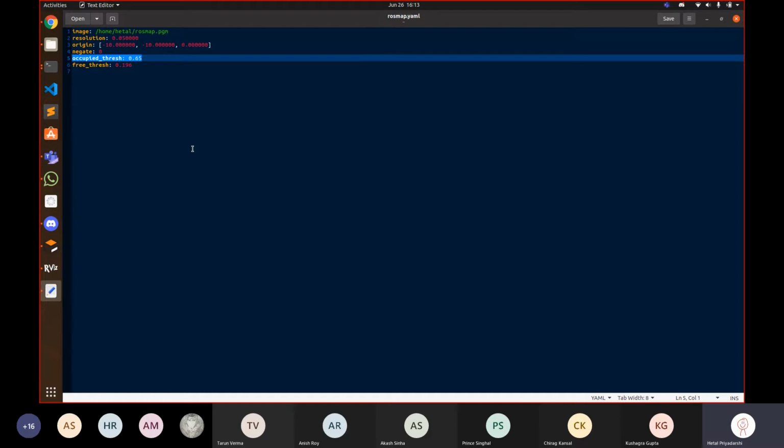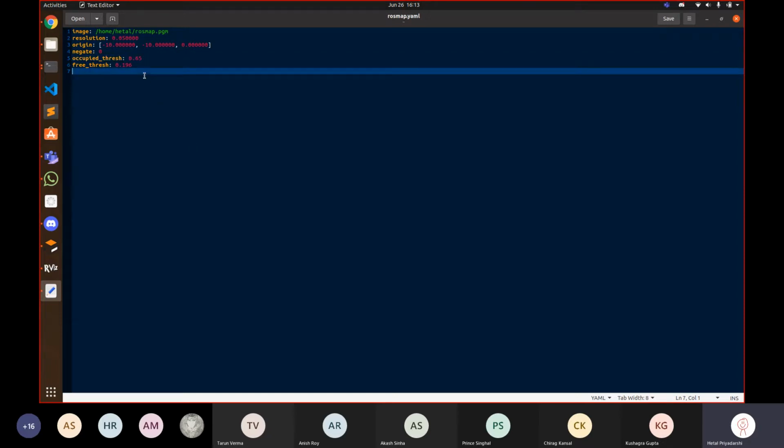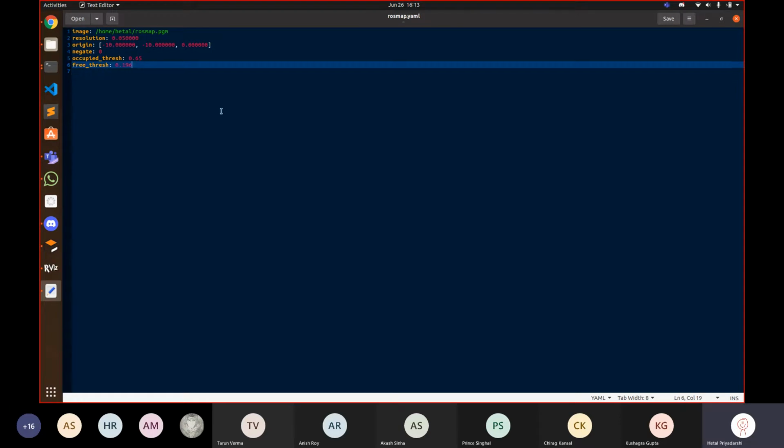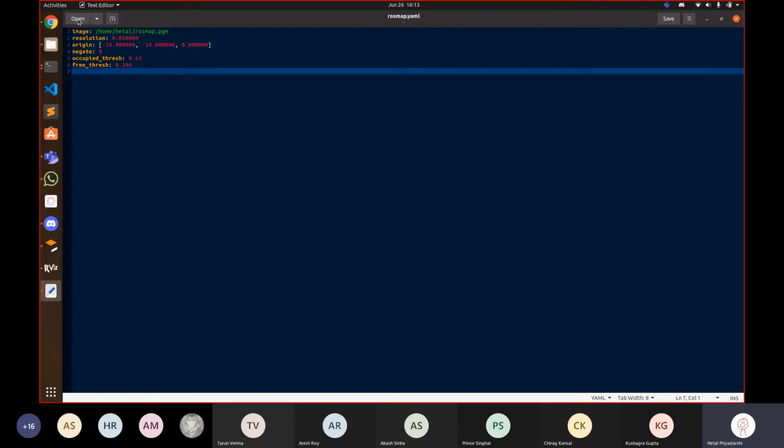After the robot's scanning, what we're generating is a probability for each point of it being occupied or not. If that probability is below the free threshold, then we call it empty, which is white in the map. If it's above 0.65, then it's black, occupied. Anywhere in between is an unknown area, which is scanned again and again until it reaches one of these threshold values. That's my understanding of it. I'm not completely sure if that's how it works.